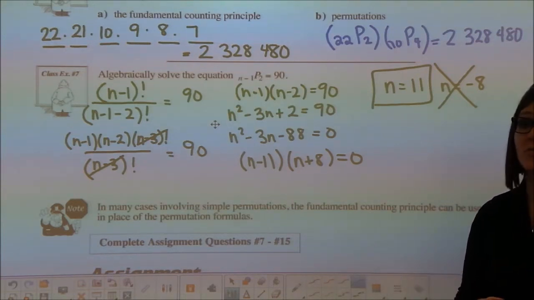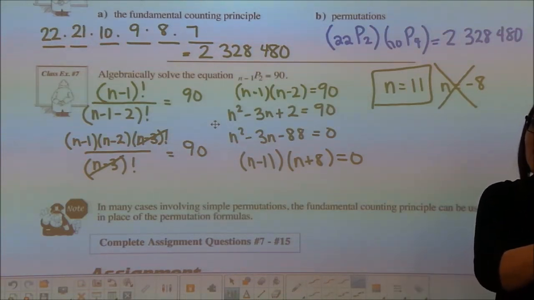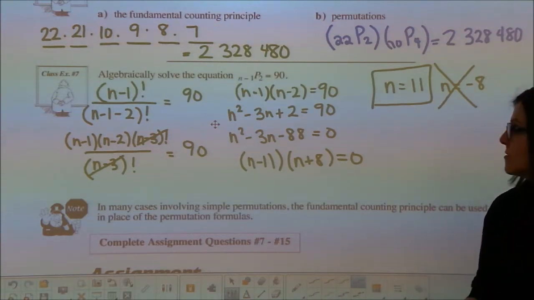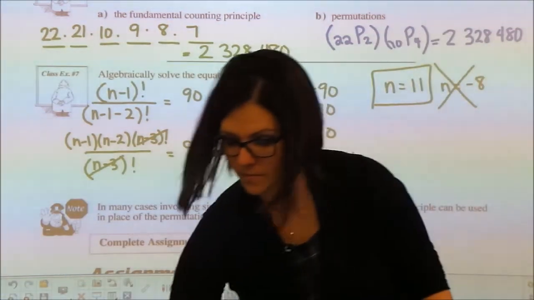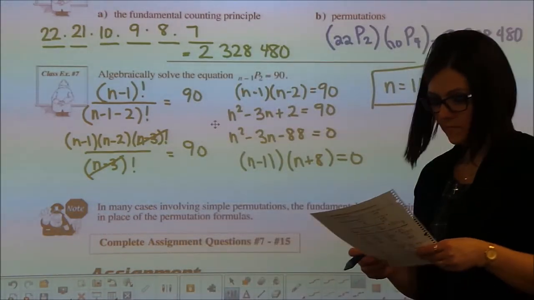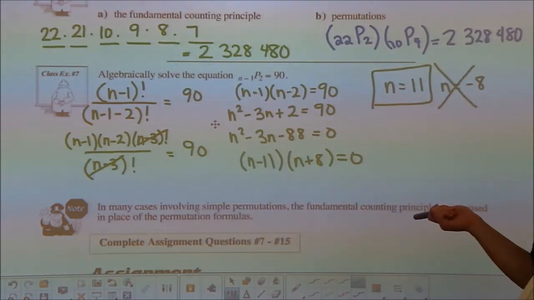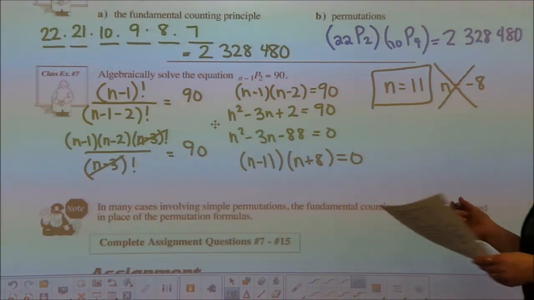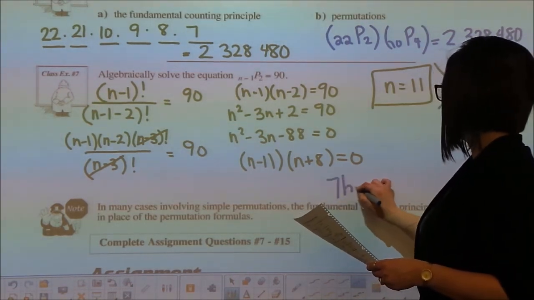If this was a numerical response question, you could still use the table feature on your calculator to come up with 11. Okay? So in a lot of these questions, the fundamental counting principle is going to probably work just as easy as the permutations are. So questions 7, B, and C